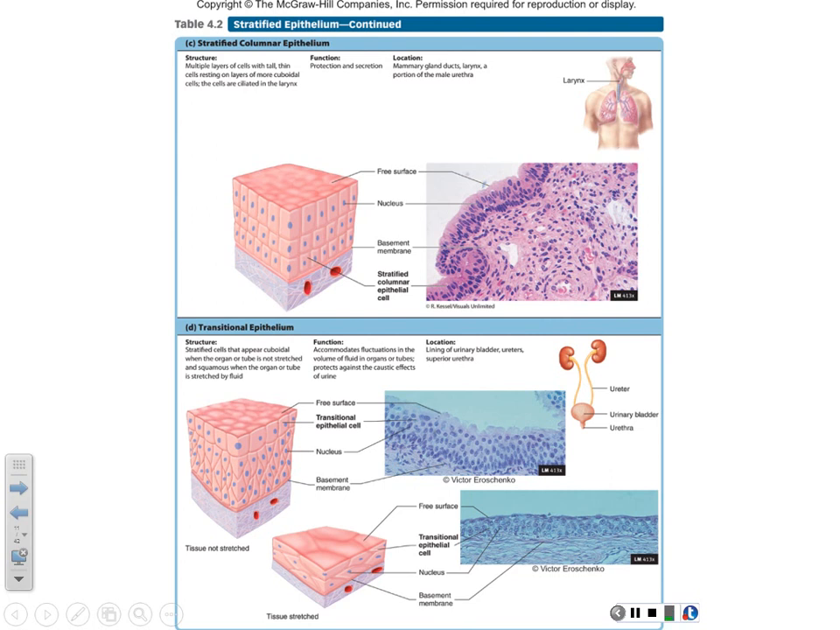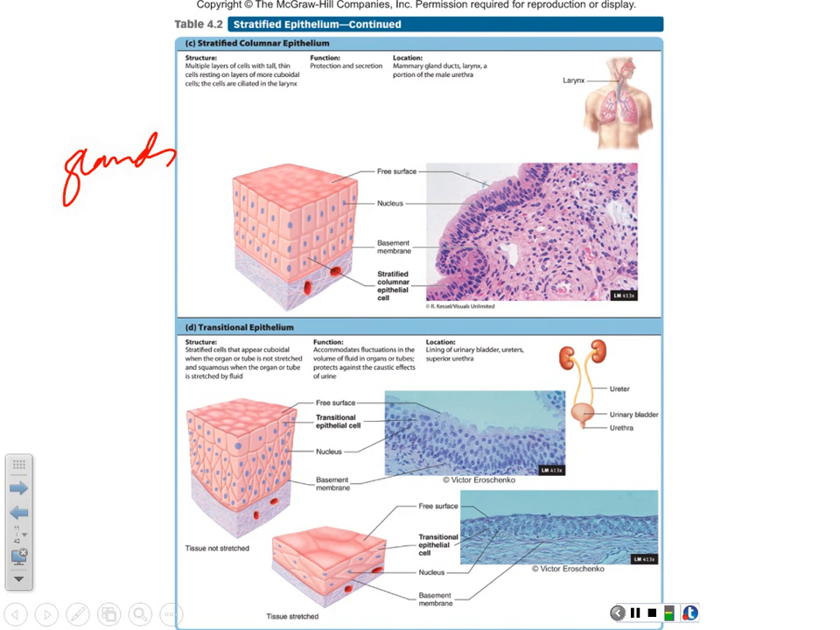The larynx, the voice box over there. Mammary glands that produce milk. For the most part, all these stratified tissues are glandular. They produce something. They're mostly glands. So here you got the mammary glands, you got the larynx, you got the male urethra, portion